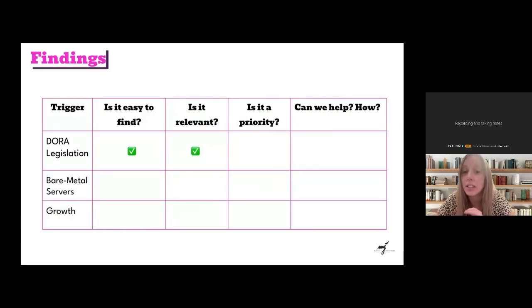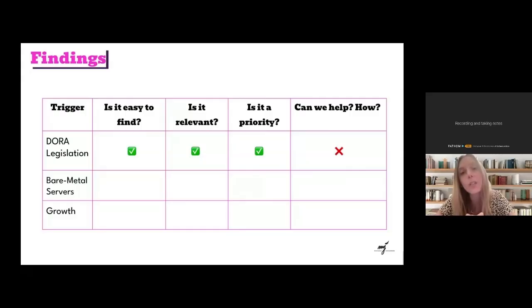Legislation is usually relevant, and if it's not a priority, you make one. It starts to be one because you don't want to be uncompliant. You don't want to deal with fines for non-complying. So easy to find, relevant, and priority. Now, what's the catch here? We couldn't help